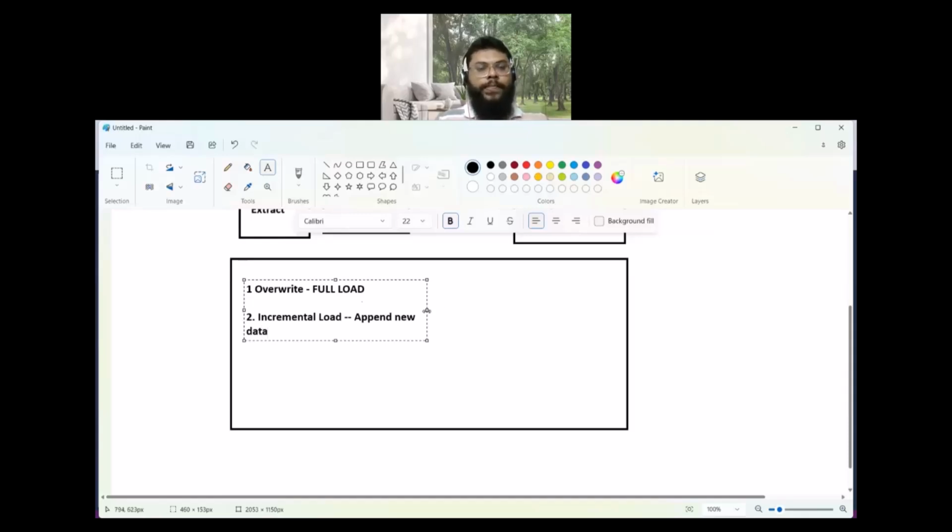The third scenario is upsert or merge. Here, let's say changes are happening in the source database, like people are deleting and inserting new records or updating them. Let's say updates are happening on the source side. So let's say we already inserted